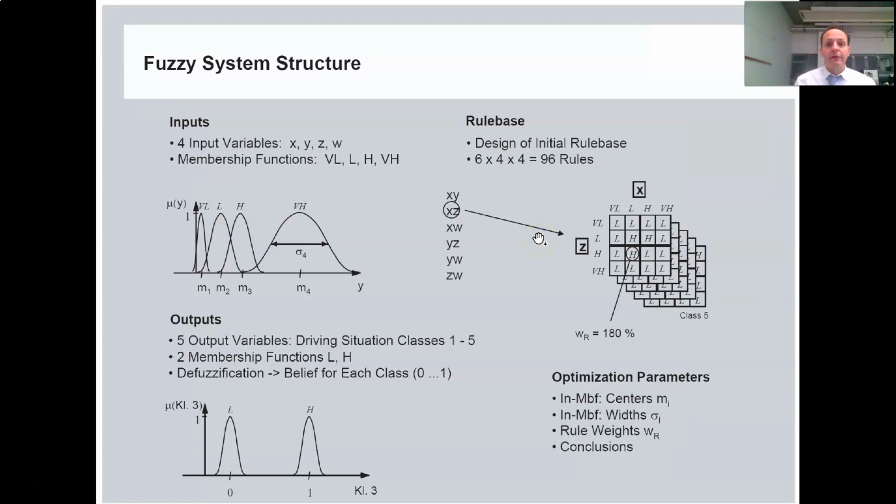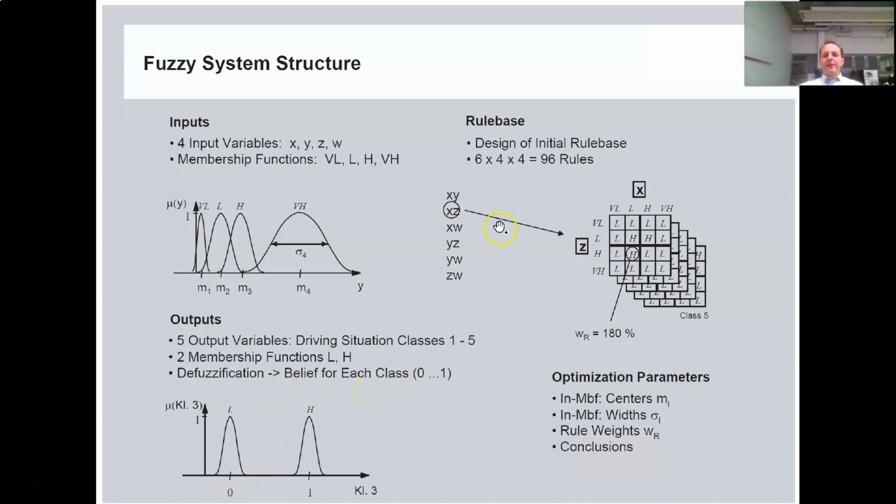So we have, for example, 4 variables with 4 membership functions, very low, low, high, very high, which are distributed in this form. We have 4 output variables depending on the driving situation classes, with 2 membership functions, low and high. So we have the fuzzification